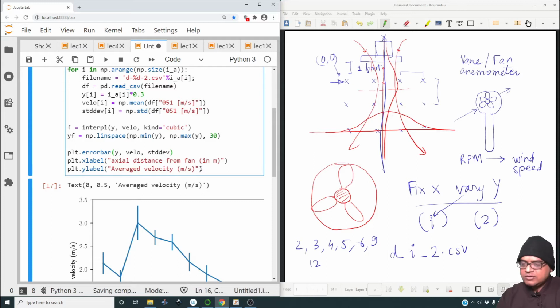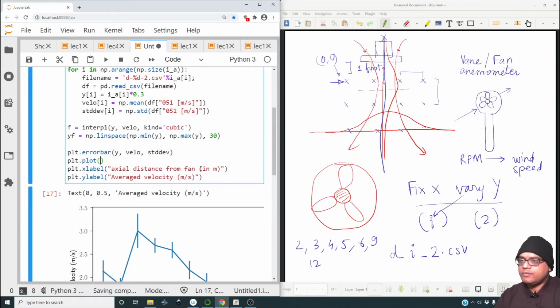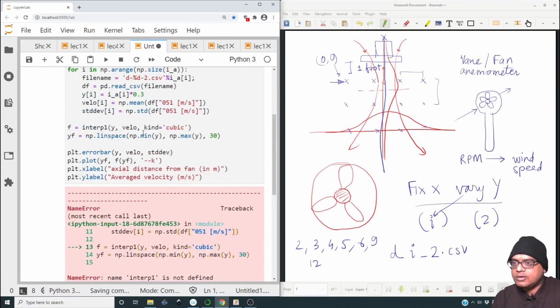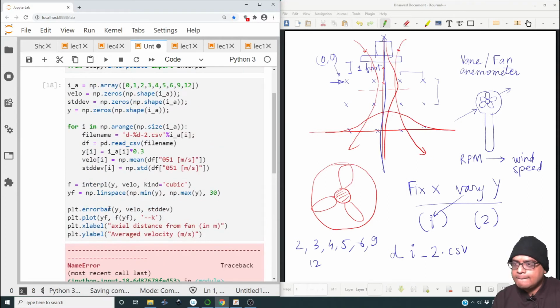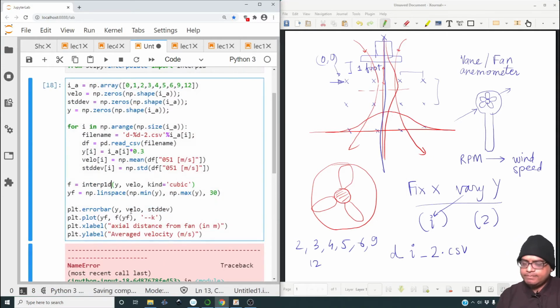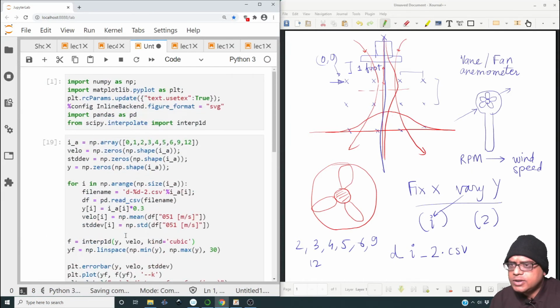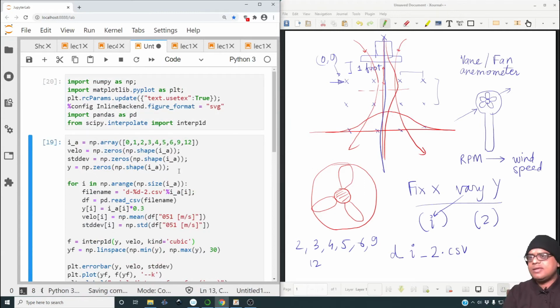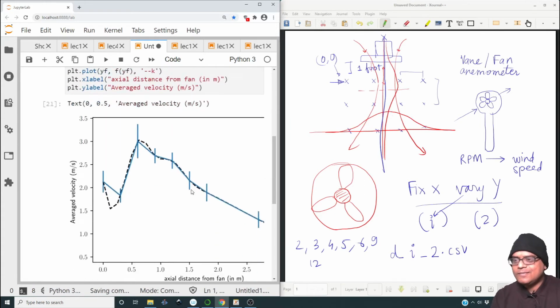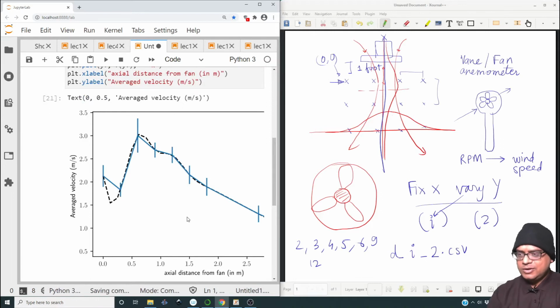So on top of this I'm going to plot plt.plot of yf, f of yf, and let me put it as a dotted line of black color. So let me plot this. This should be interp1d. There's still an error. interp1d. I have not yet run this cell. It's a classic mistake. Alright, so this is how the velocity looks like